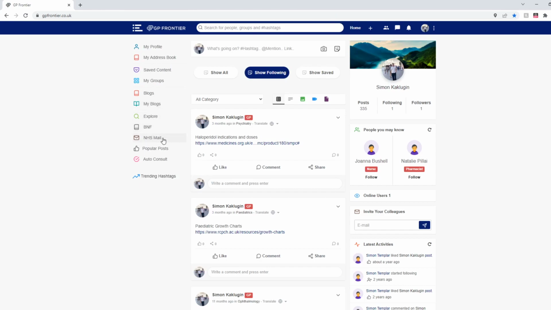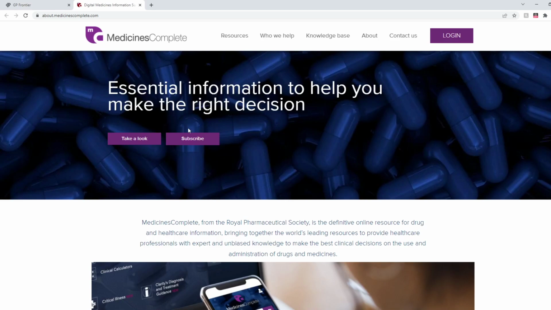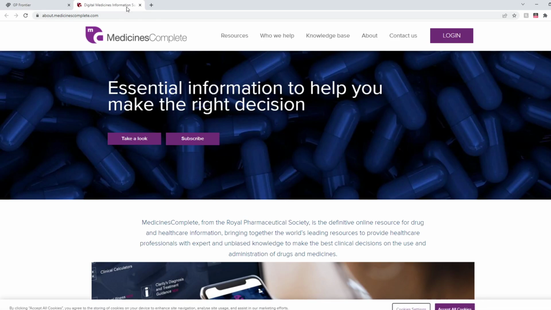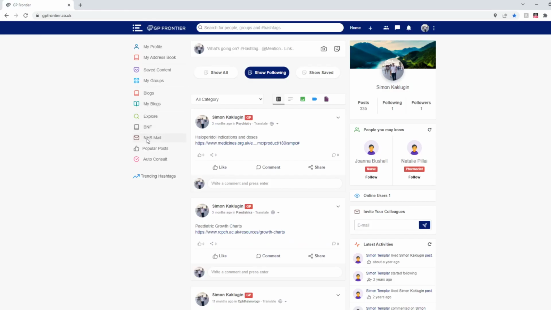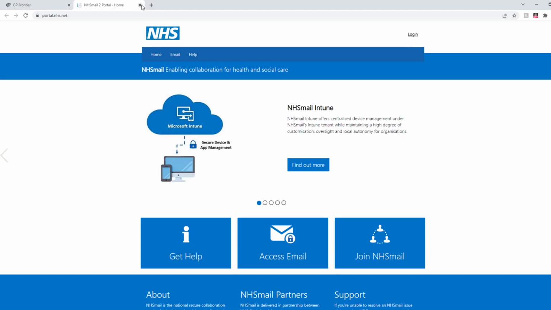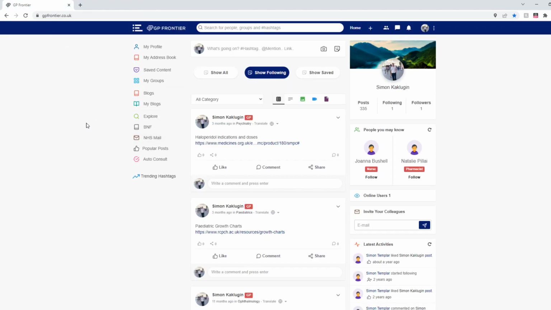So you've got BNF and NHS Mail. You click here and you can quickly bring up the BNF, this is BNF Medicines Complete that it brings you to. You've got NHS Mail here, which will eventually load up. There you go. And then there's a way of searching or trying to